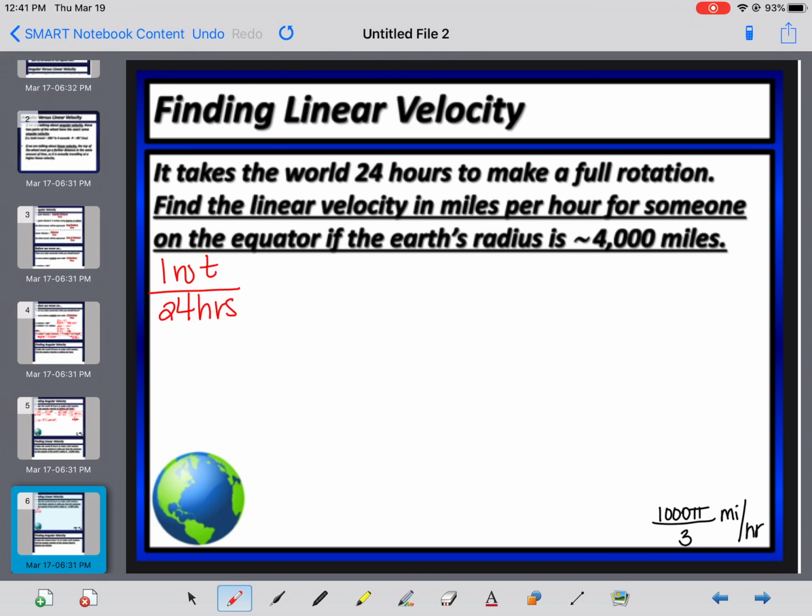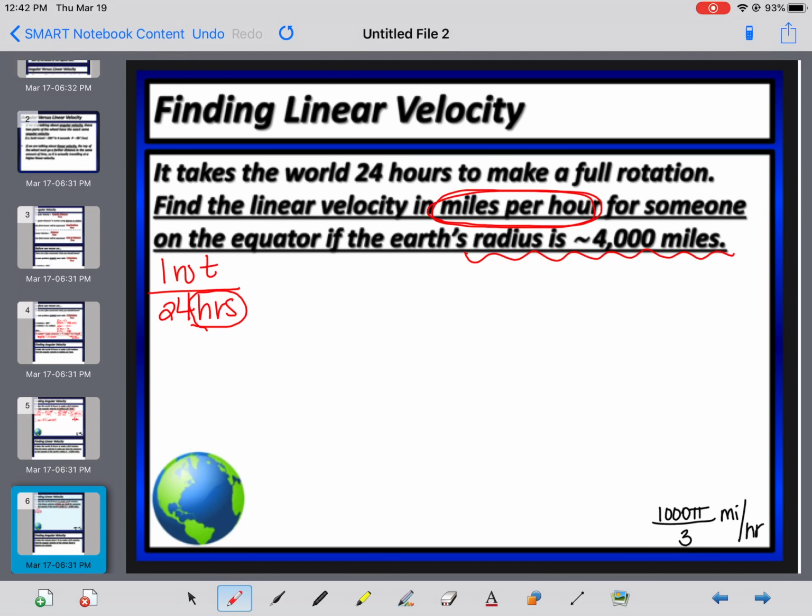Okay, we want to find the linear velocity in miles per hour. Those are the units I'm trying to convert into. Right, and we need to know another piece of information, that the Earth has a radius of about 4,000 miles. I like to do the time first because that's always the easiest. I'm in 24 hours here and it's telling me to go miles per hour, so I'm where I